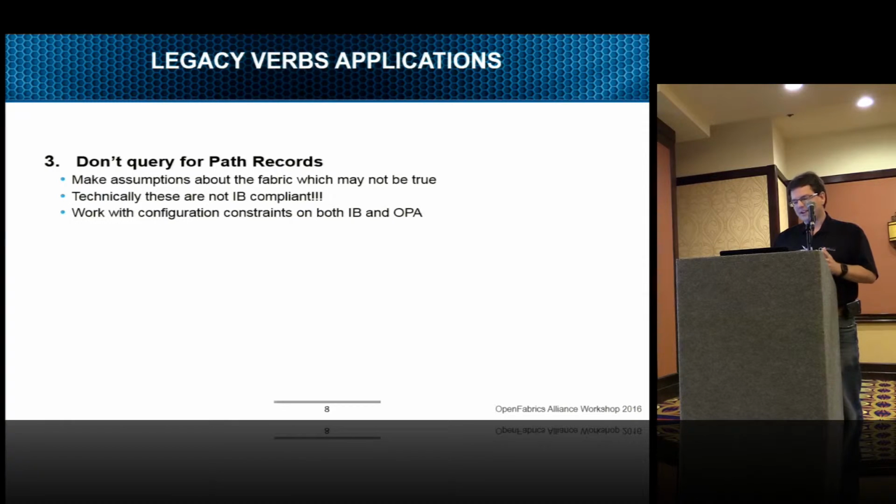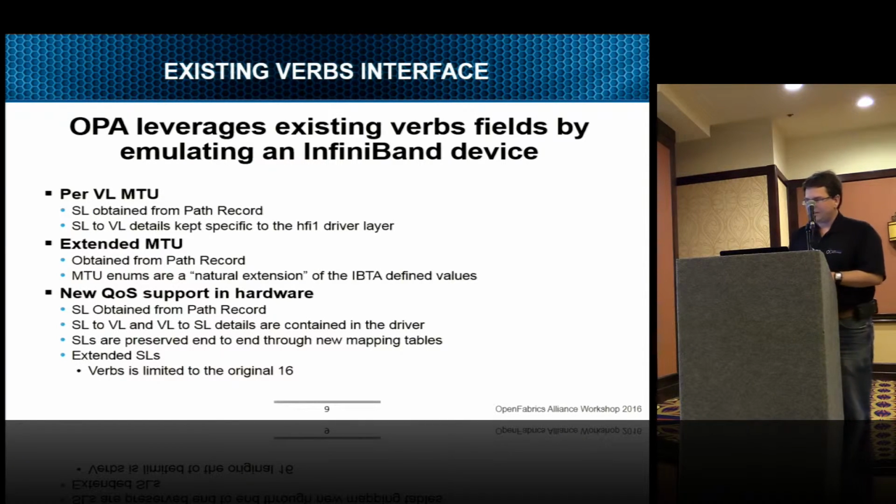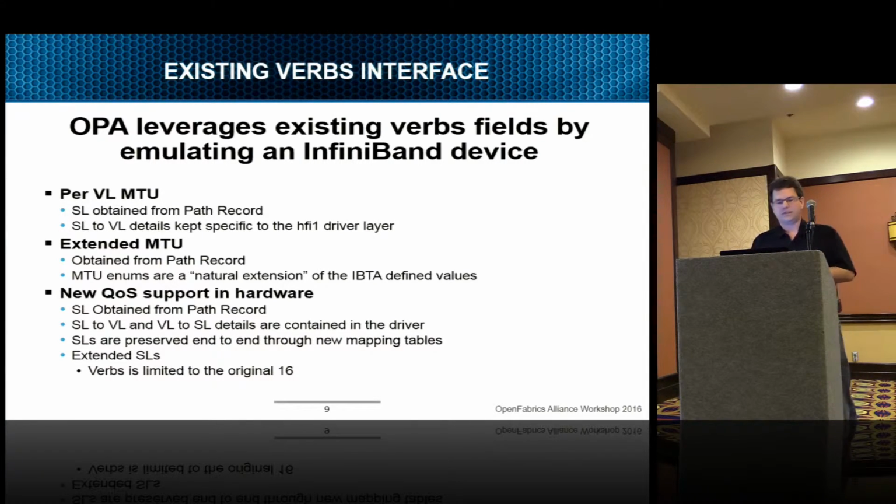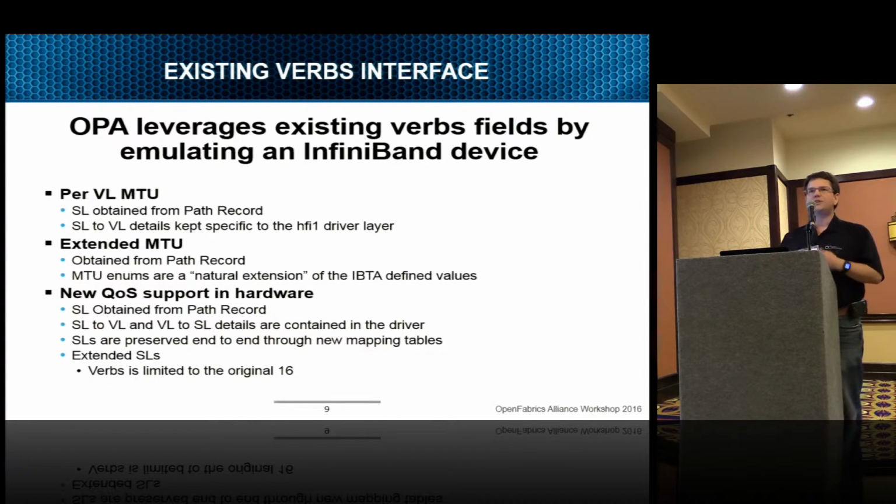But still, it's not compliant. So the way we did this is by leveraging the existing verbs fields and emulating an InfiniBand device. For the per VL MTU, our SL is obtained from the path record, and then those SL to VL details are all taken care of in the driver in the Omni-Path specific code. No core changes. The extended MTU is obtained through the path record, and it's the natural extension of the IBTA